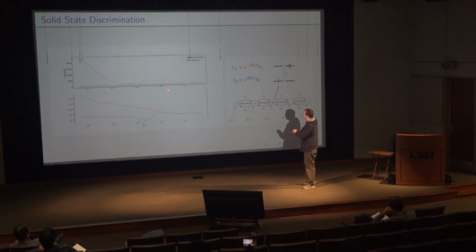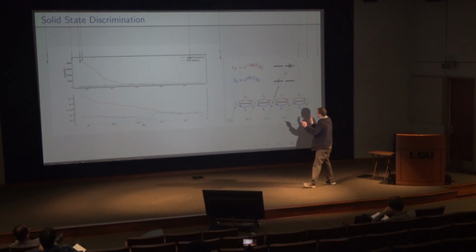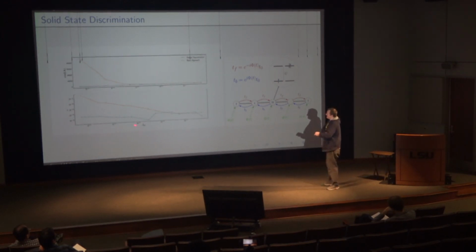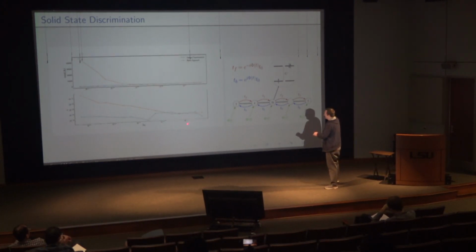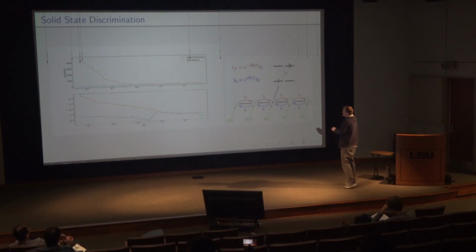In the previous case, we were changing the length of the pulse. Here, what we're thinking about is just a two-species discrimination, but the way we're distinguishing the two species is the size of this on-site interaction. So what this is saying is: what's the difference in U between these two materials? Because this is the only thing that will distinguish them. So going from a difference of 0.1 down to a one in a million difference, this is really for very, very similar materials with very similar optical responses.